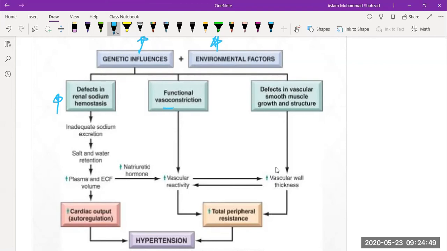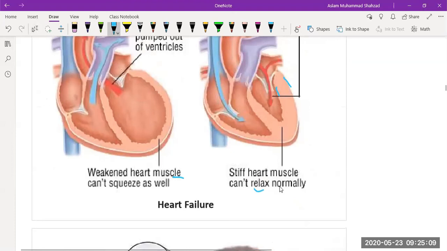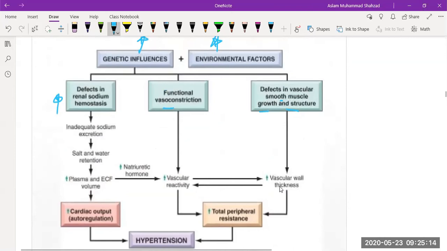The third one is the defect in vascular smooth muscle growth and structure. It means the effect on the myocardium of the heart, such that the muscle becomes too stiff, or if you take a look at that heart muscle, it cannot squeeze the blood properly. Like if I mention here the increase of the vascular wall thickness, and if the vascular wall thickness becomes more and more,